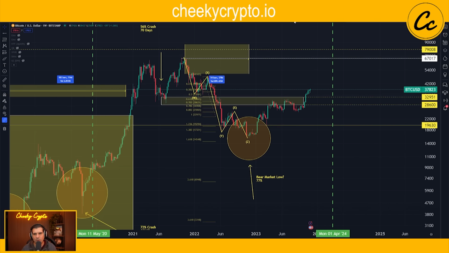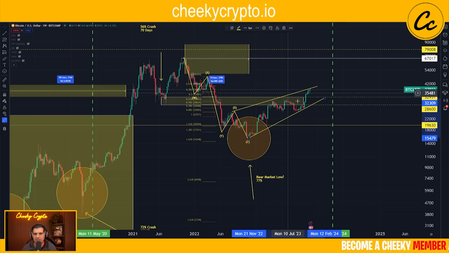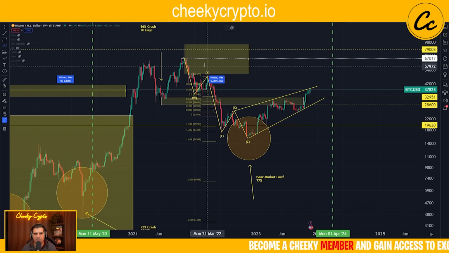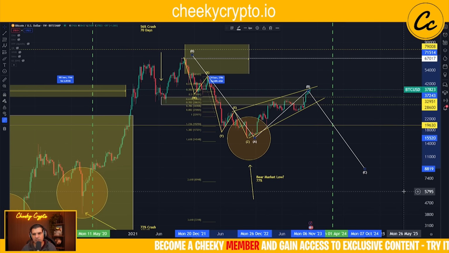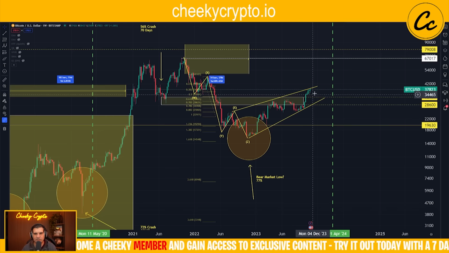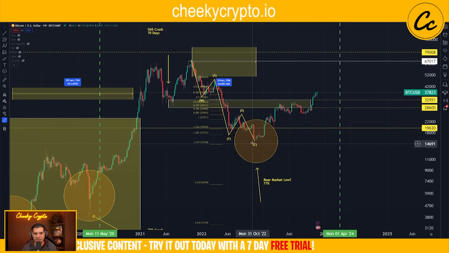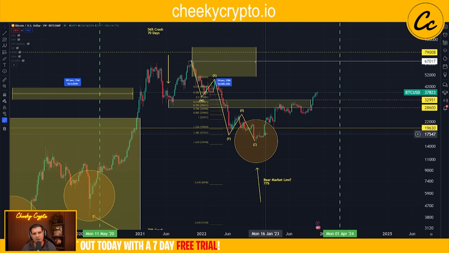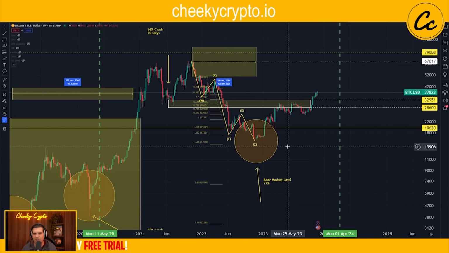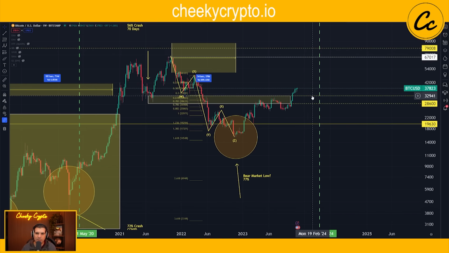We have an ascending wedge happening up here. Okay, this is a bearish stance. We don't necessarily like this. It is a bearish pattern, and of course we have to acknowledge that there is a potential 3-wave structure that takes you down to less than $10,000 that's still technically in play. So there is no guarantee that the bottom is in. I have a high probability that it probably is. I think we probably have seen the bottom,